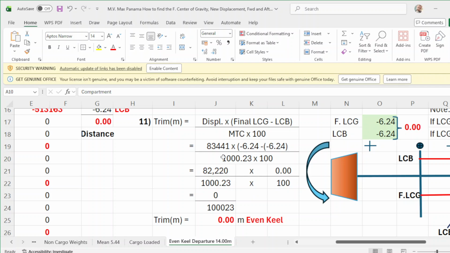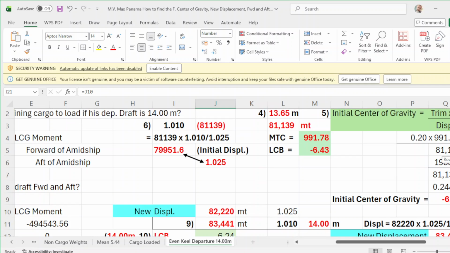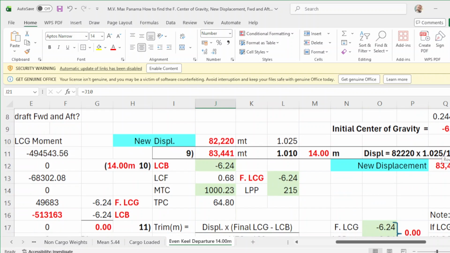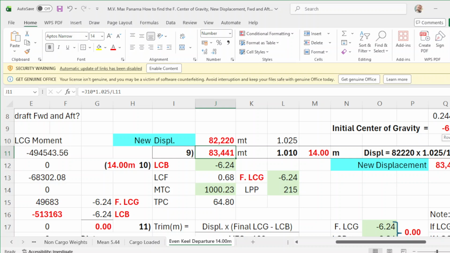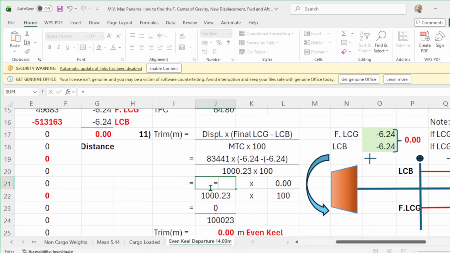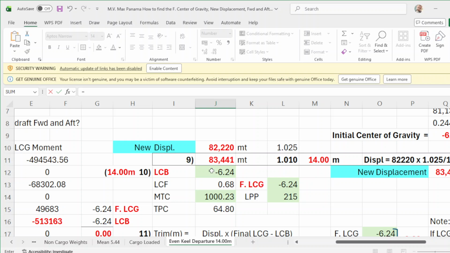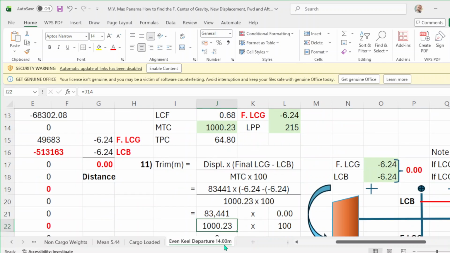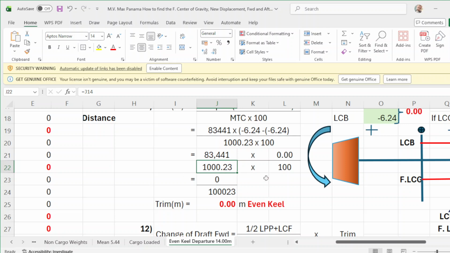Since the LCG minus LCB is 0, bring down your displacement times 0, that will be 0 over your MTC, and 0 divided by your MTC will be 0, or even keel. Okay? So number 11 is 0.